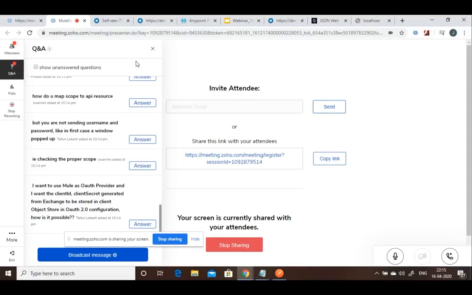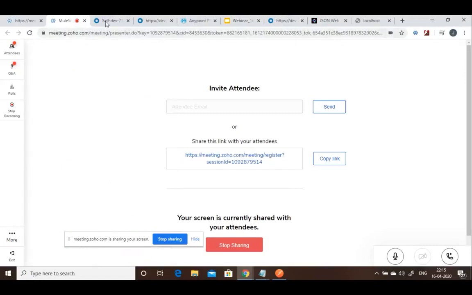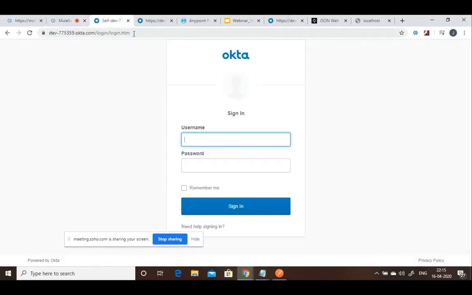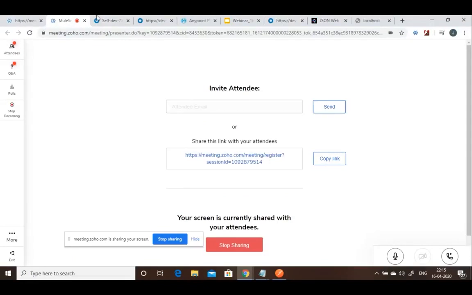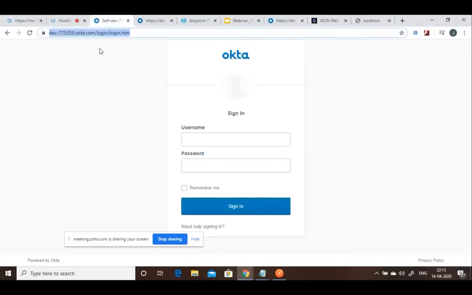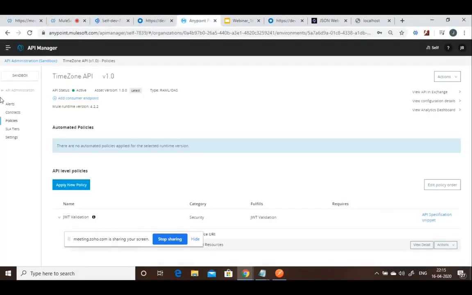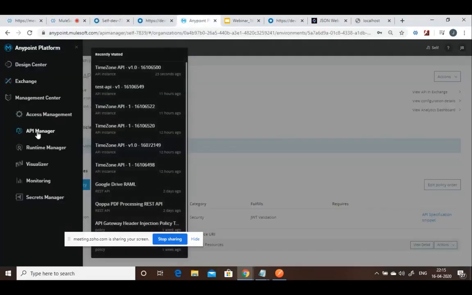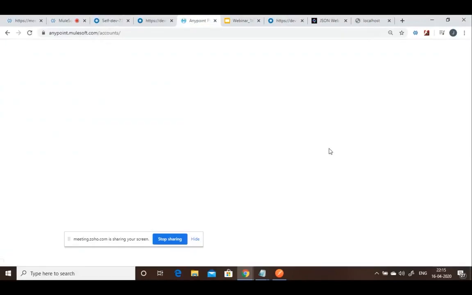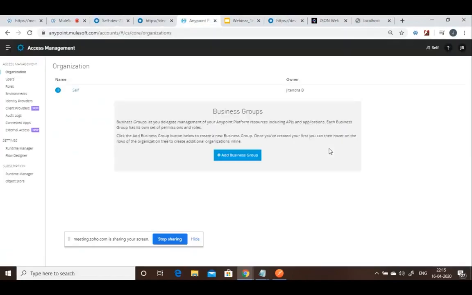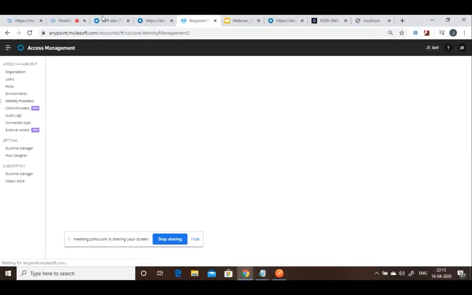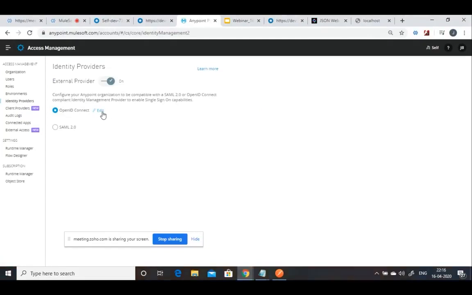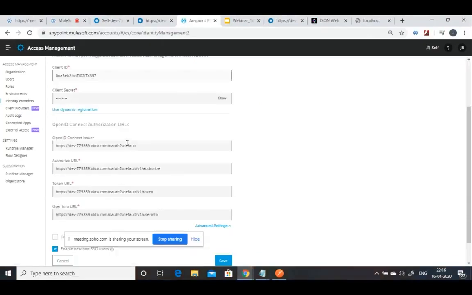Okay. So let me go with identity management. Like we have gone through, now we will see identity management. So how we can use Okta to log in to any Anypoint platform. So for that, let me go to the access management. So go to identity provider. In identity provider, you can use OpenID Connect. Okay, and say edit. Okay, and